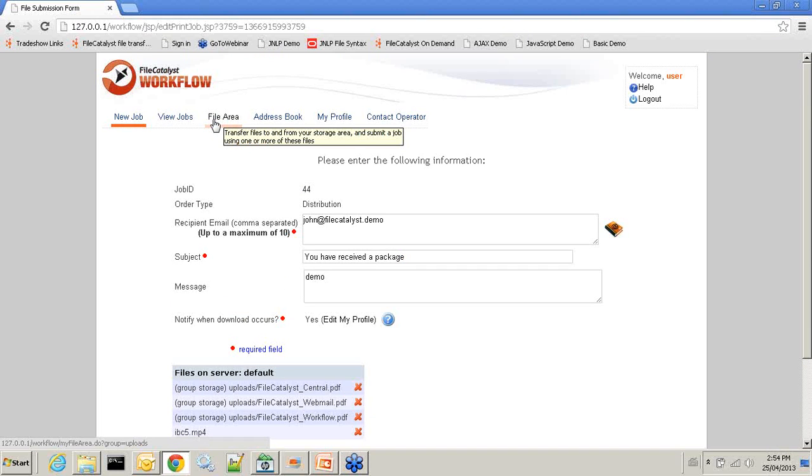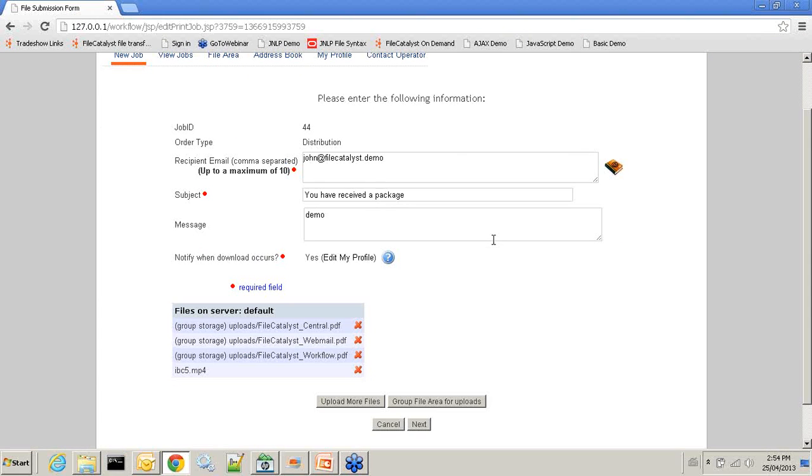Keep in mind that file area, because these are just regular folders on a file system, your file area or group folders can be pointing to any pre-existing folder that has a lot of files in it. So if you want to, for example, send some high-res files to a number of recipients,